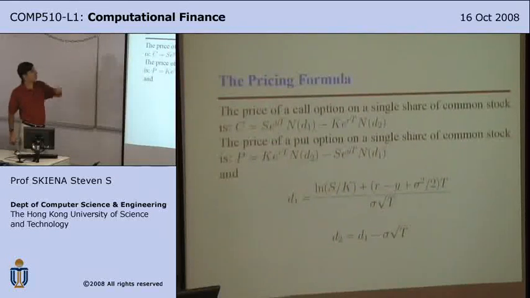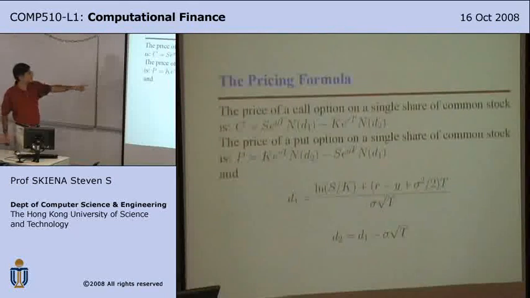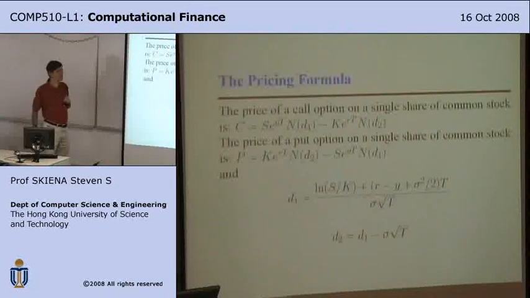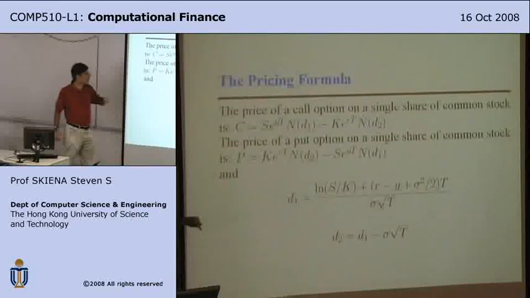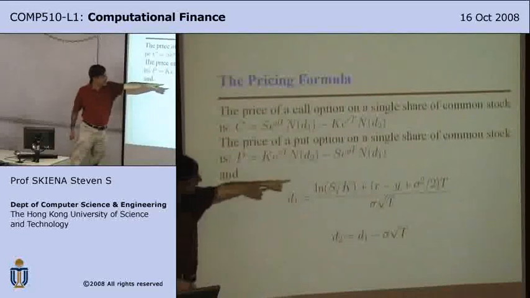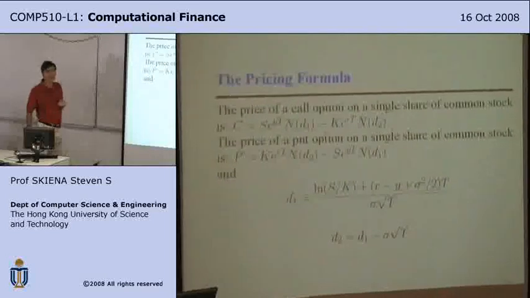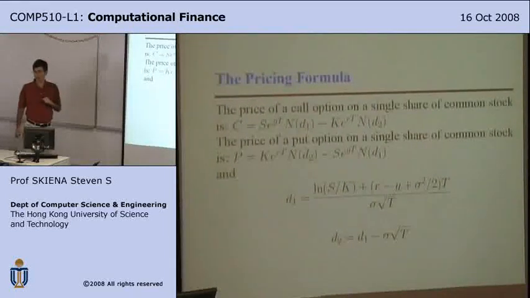discounted, e to the rt is something about discounting it or growing it according to the interest rate. Okay? Times, again, another constant, which is derived by the value of a cumulative normal function on d2. Where d2 is this complicated looking or ugly looking function of basically all the parameters, most notably sigma, okay, sigma squared over there, which is the volatility.